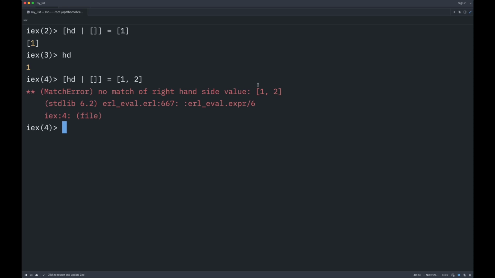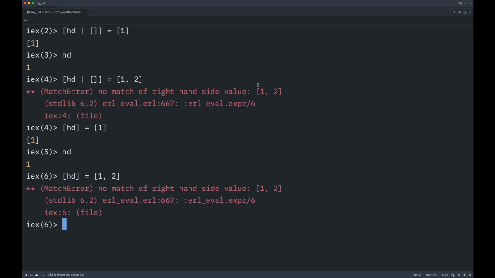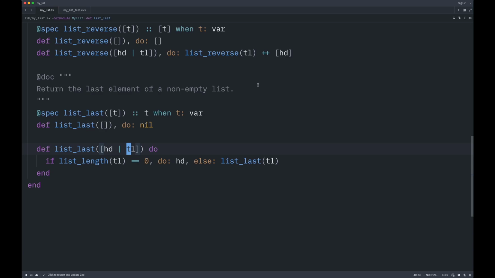because the right side is a 2-element list and on the left side we are enforcing the structure to only contain one element. Another way to do it, which is simpler and more compact, is just to enclose your one variable inside square brackets. So here we are saying there has to be only one element inside a list, and in that case that variable will be bound to the value of 1. Once again, just to verify, if I have 2 elements on the right side, it will produce a match error. So with this knowledge, let's go back to our implementation here,